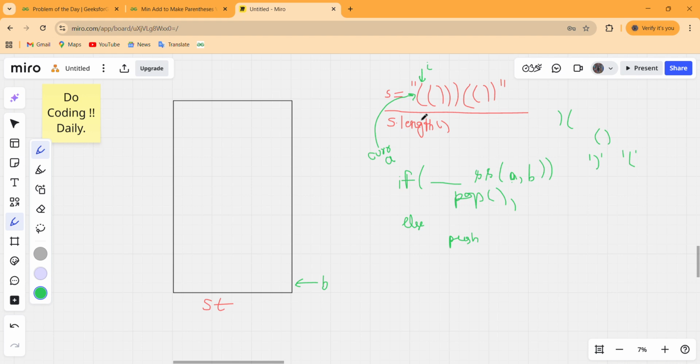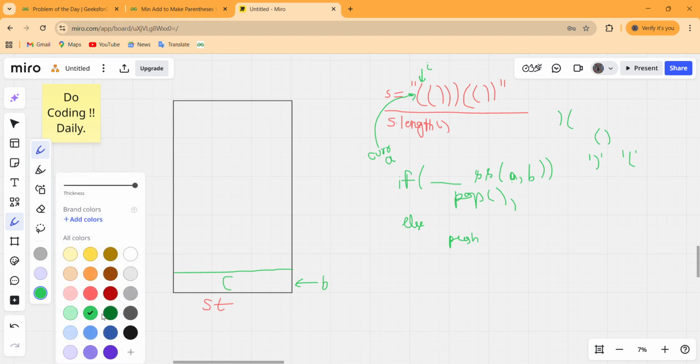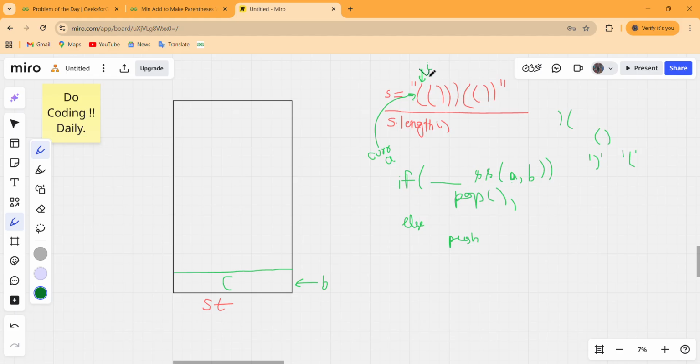Now here at I equals 0, the current char A is an opening parenthesis, and for this I we check whether the stack is empty or not. We find out that the stack is empty. The first condition itself gets false, so this condition will not execute and the control will jump to the else part. Push the current char inside our stack. So this opening parenthesis gets pushed inside our stack. Our I gets incremented, so let us increment our I, and this will point to this character.